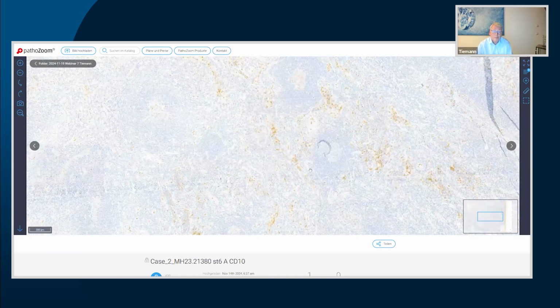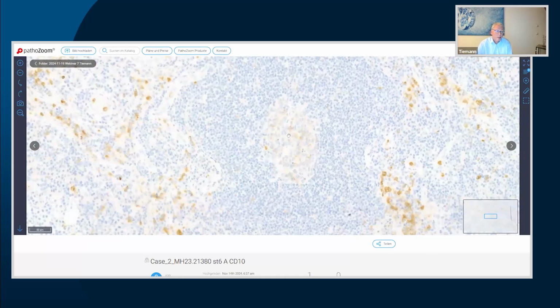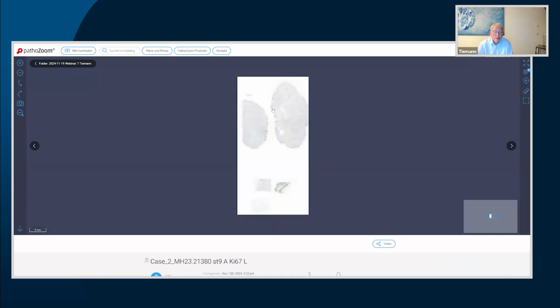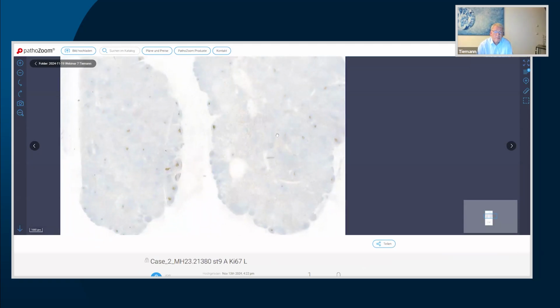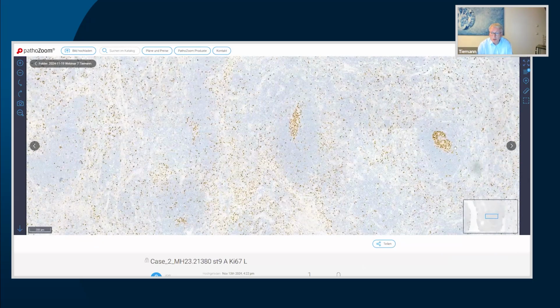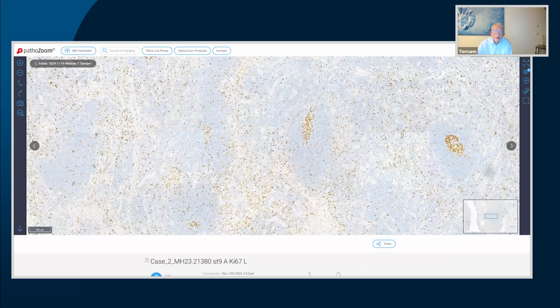Okay, here again. Going back. What do we have? I think CD10 is good. Kappa lambda shows a typical distribution, but possibly Ki67 would make sense. Here you see a normal germinal center with the layers of proliferating cells. And here,